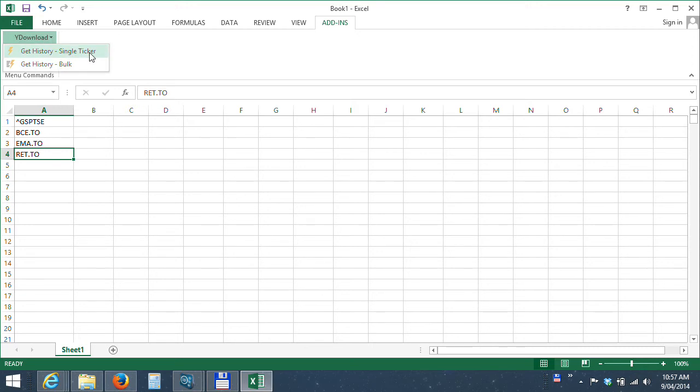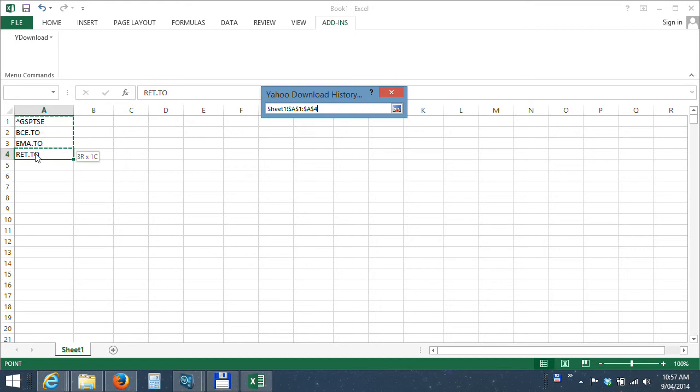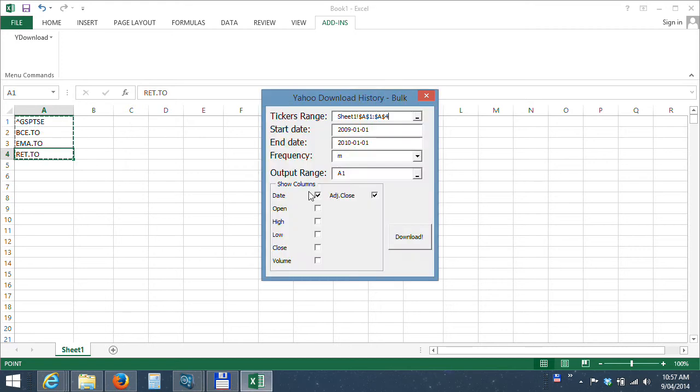You have a choice to download the single stock price data or get the bulk of all of them. So for example, ticker range, I have these 4 stocks available. Start date will be January 1st, 2009, and the end date will be April 1st, 2014. Why not? Frequency will be daily,